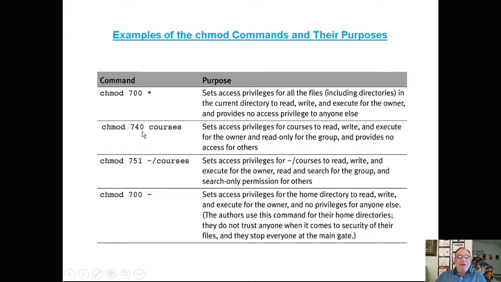Right here, that's 0. So that sets the privileges for the courses to read, write, and execute for the owner, read only for the group, and no privileges for anybody else. If you want to change mode to 751, you do the same thing as far as your conversion goes. You set the privileges to read, write, and execute for the owner, read and execute for the group, and